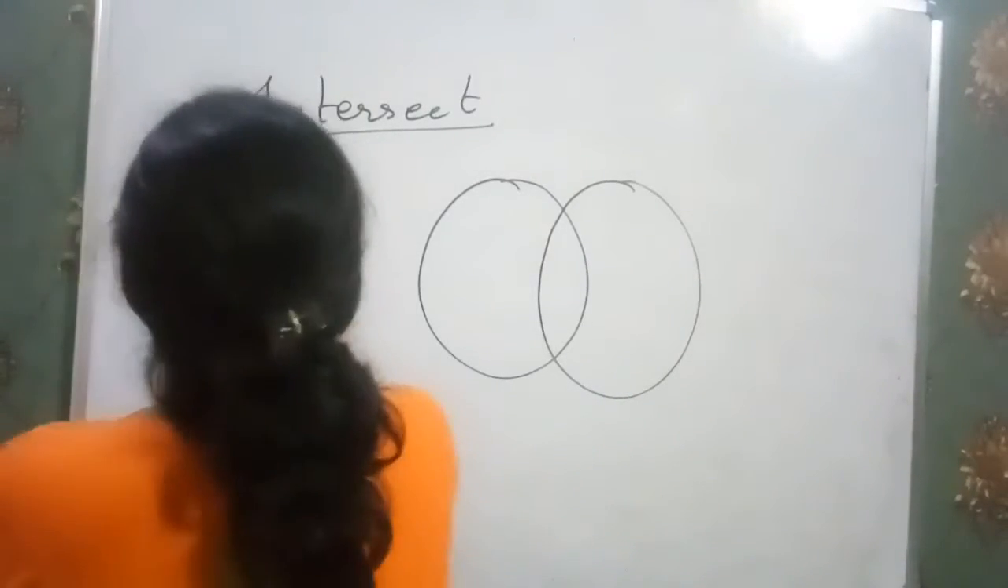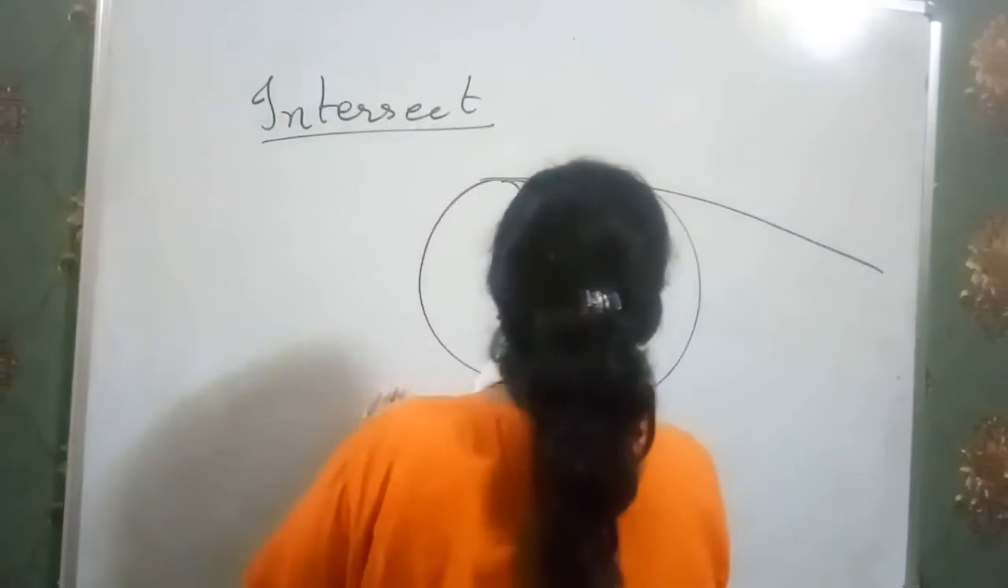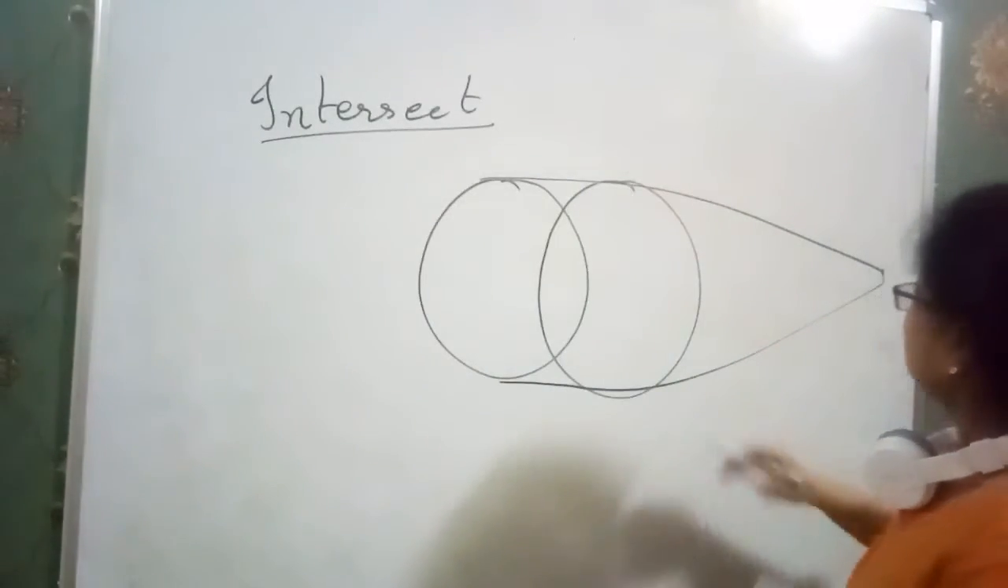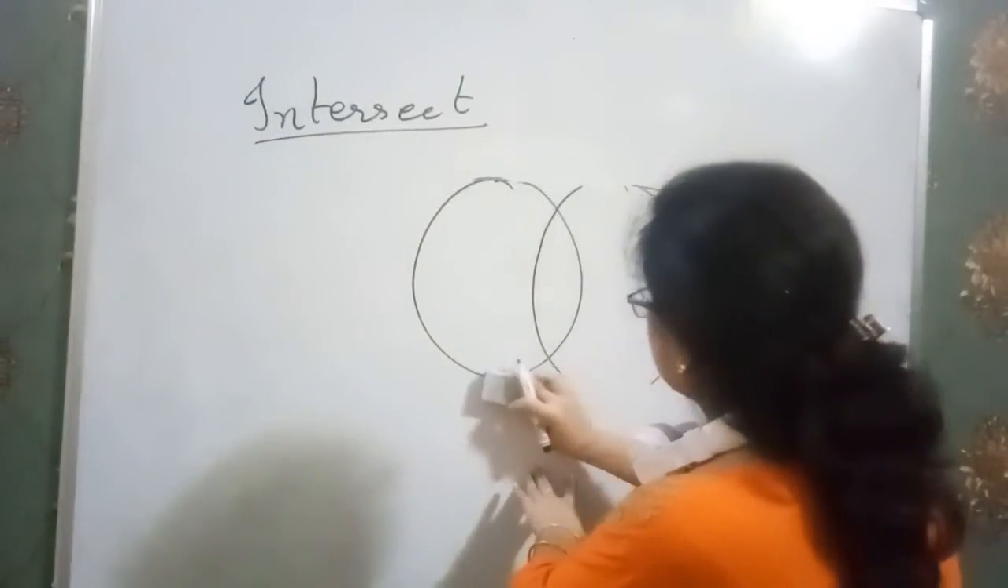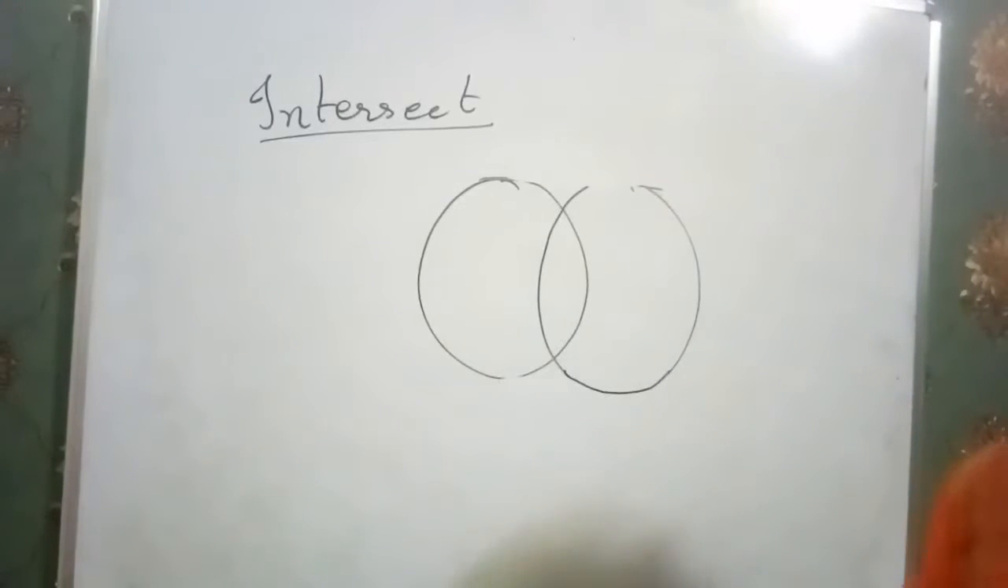Firstly, I tell you how many tangents there are. If we draw the 2 tangents, then there are only 2 tangents, not 3. So we have 2 tangents over here. In this case, when the circles intersect with each other, and